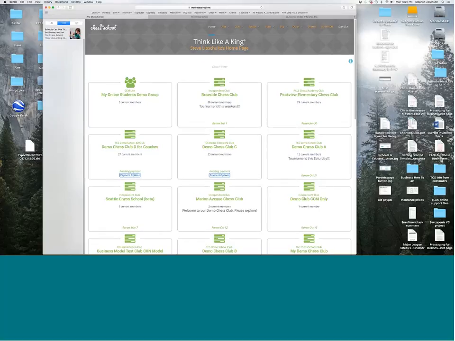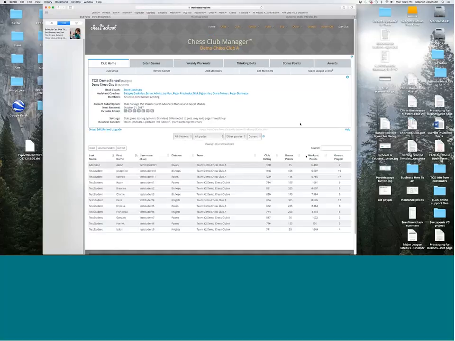You're a coach that works with multiple chess clubs. So for each of those chess clubs, whatever they're named, you will have a panel. And by clicking on that panel, you open up Chess Club Manager and see the data for that club. Now notice this little statement for Demo Chess Club A, tournament this Saturday. The coach for this club can send out a message blast by typing just a few words into Chess Club Manager and clicking a button. That message goes to the home screen of every child in that club, and the next time they log in, they see that information. So let's open this particular demo chess club,